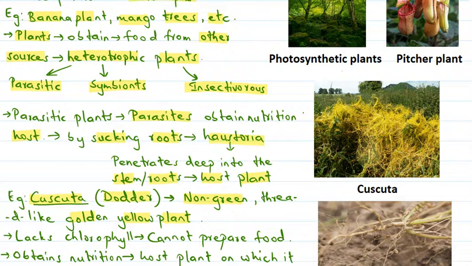which they climb. So these Cuscuta are commonly called total stem parasites because they obtain the nutrition by penetrating into the host plant stem. So from the stem of host plants they obtain their nutrition, hence they can also be called total stem parasites. Okay. Then